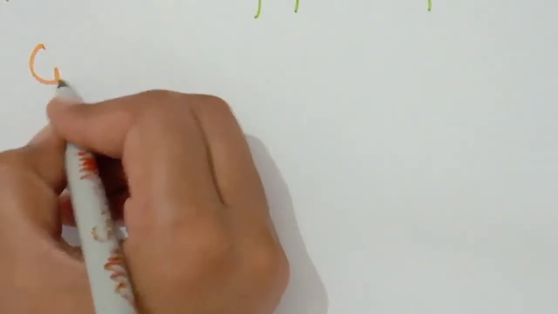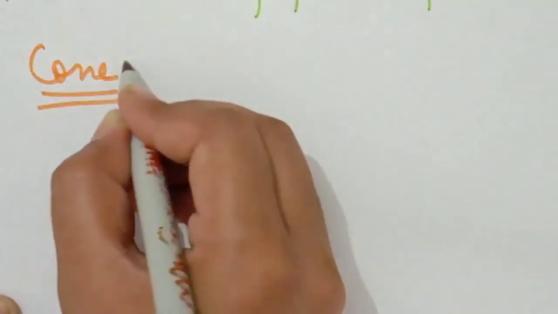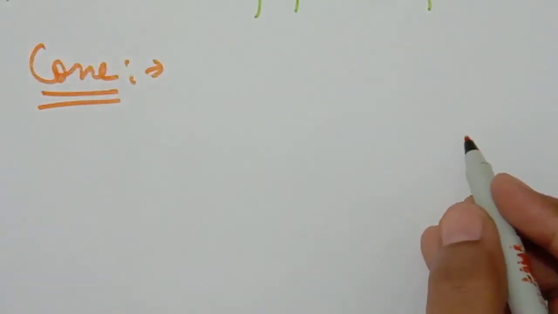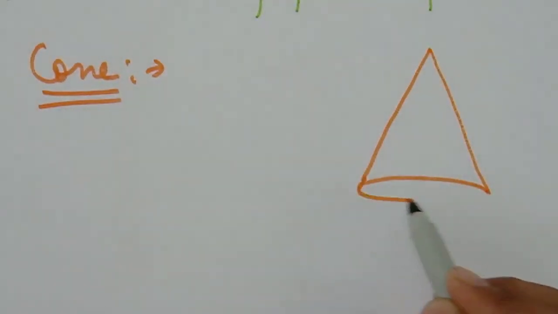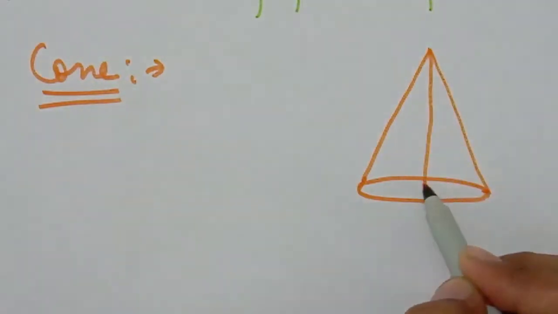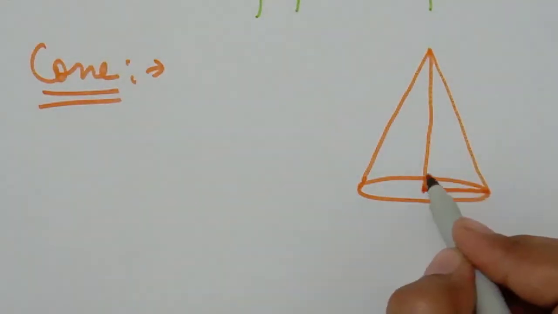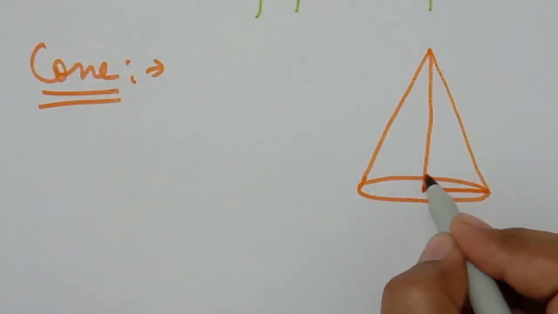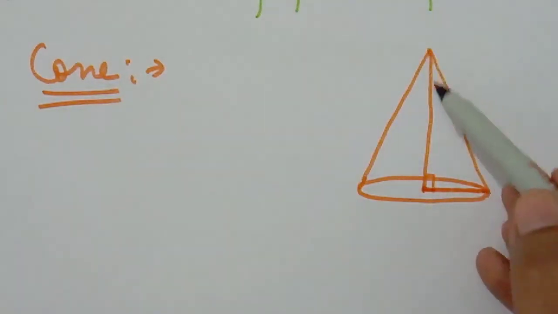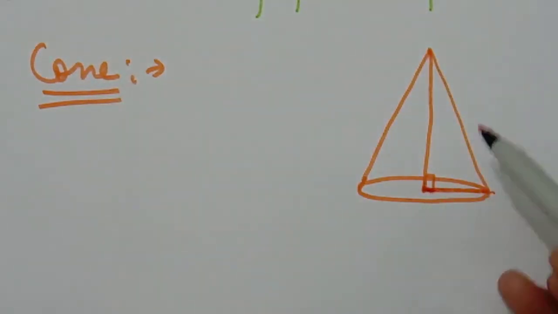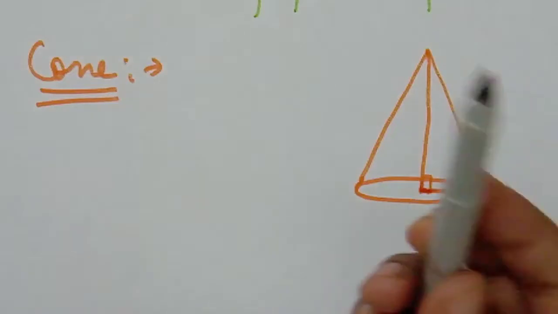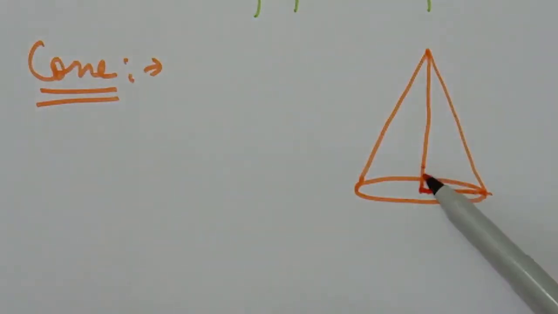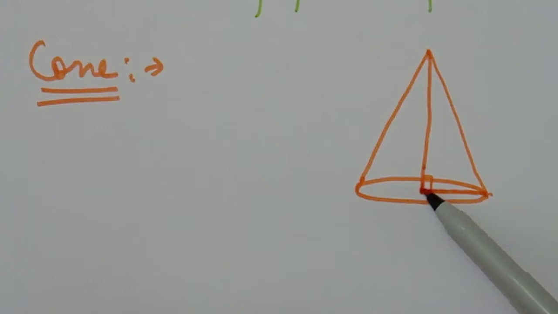So students, today we are taking a cone, a right circular cone. We will call it a right circular cone because our cone is like this, and this is the axis, this is the center of the circle, and this is the radius. When we are talking about a right circular cone, it means we are talking about a cone in which the axis is perpendicular to the radius of the circle. So it means this circle is rotated towards an axis which is perpendicular to another line segment.